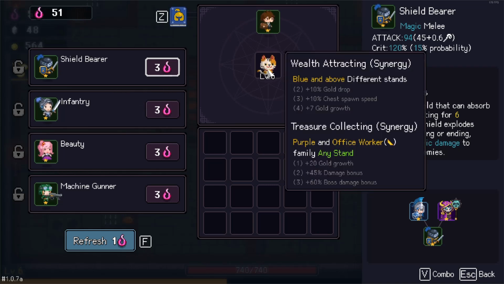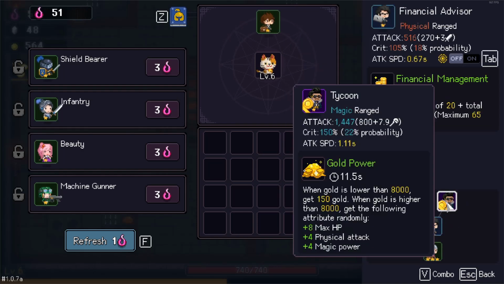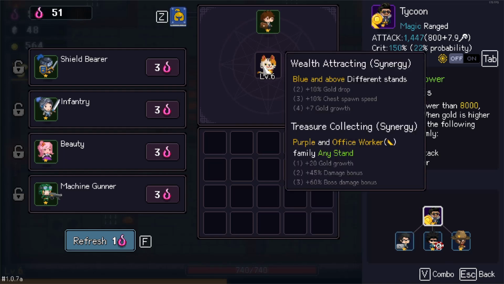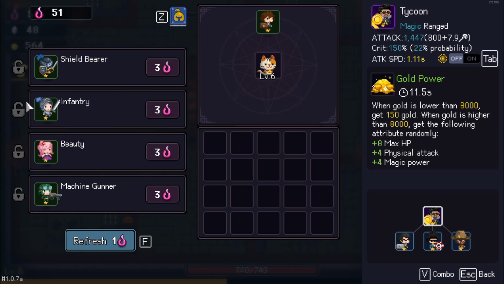So I'm going to go cat. Cat tends to want to focus on office workers. I tend to want to focus on tycoons, at least 2, maybe even 3. Tycoons are magic, so I typically do magic builds with the cat. So I'm going to want to get the apprentice mages, but I also want to get the other things, the